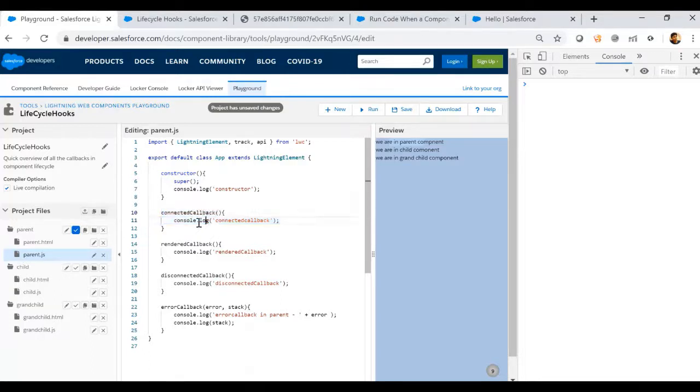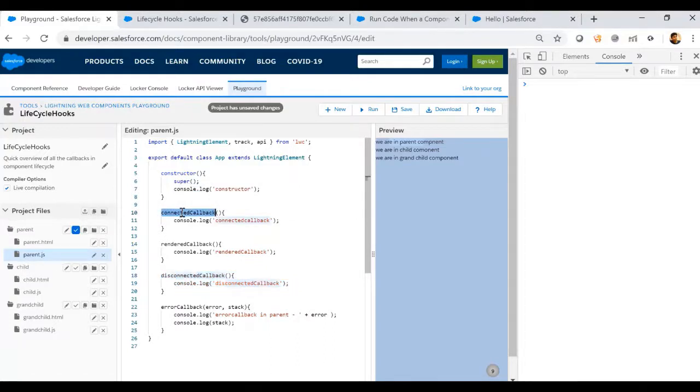That's one of the points I wanted to make. So that's about connectedCallback. After that, we have something called renderedCallback. Before going to renderedCallback, let's try to understand disconnectedCallback, which is basically the opposite of connectedCallback.